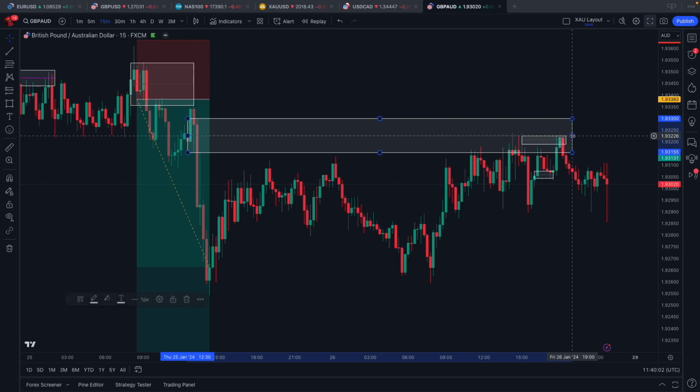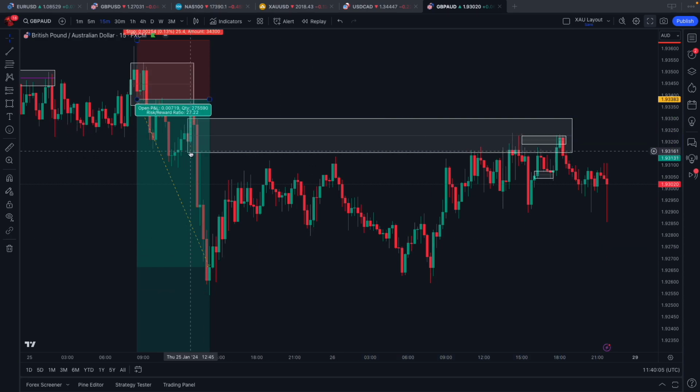The reason why this is highlighted as an area of interest is because we have this wick to the downside followed by a wick to the upside. As we know, this suggests bullishness within this bearish leg. This area as well has been left unmitigated, so I'd love to see price trade up and into this. That's exactly what we've been delivered with, and it looks as though now we are seeing price distribute in preparation